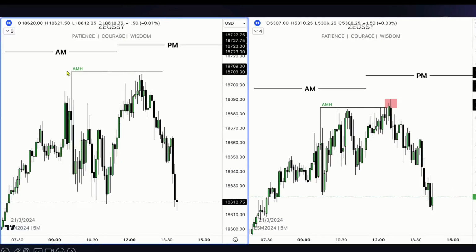So what we can see is that Nasdaq's AM high formed right here, whilst ES's AM high formed right here. During the PM session, Nasdaq failed to trade above the AM session's high, the morning session's high, whilst ES did. So it means that ES swooped the high. This is a turtle swoop that's taking place, annotated with this red box, whilst Nasdaq does not, and then the market is allowed to expand, or reverse, I should say, and expand lower. Notice that Nasdaq was the weaker market, and that's why Nasdaq was also more volatile when it comes to delivery.